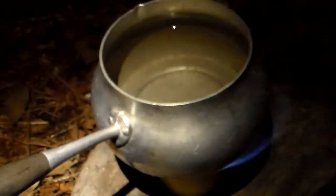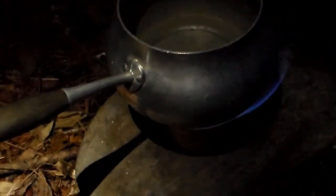There she is. There's a Fancy Feast stove made out of a cat food can from Fancy Feast. Very good stove. Burns great. Super light. You can see it's doing its job right now. There's the pot. And we're waiting for the boil. Once we get the boil, we will let our spaghetti here, our Mountain House spaghetti,